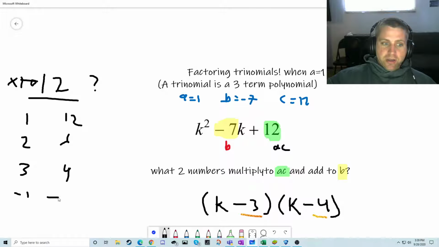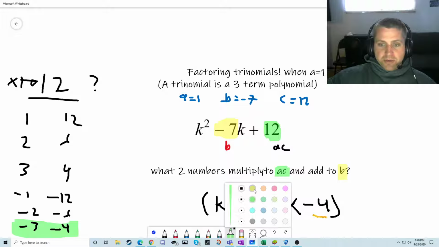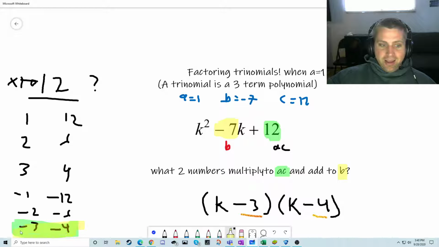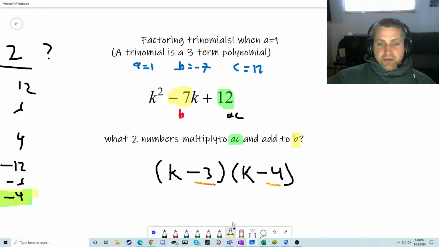So -1, -12, -2, -6, -3, -4, and eventually, because this is all our possibilities, you realize that, oh, those things add to -7. So we got it. They both multiply to 12, blue, and they add to -7, yellow. So those are the numbers that go in. You can also check this, just like the other factoring. This is my final answer,